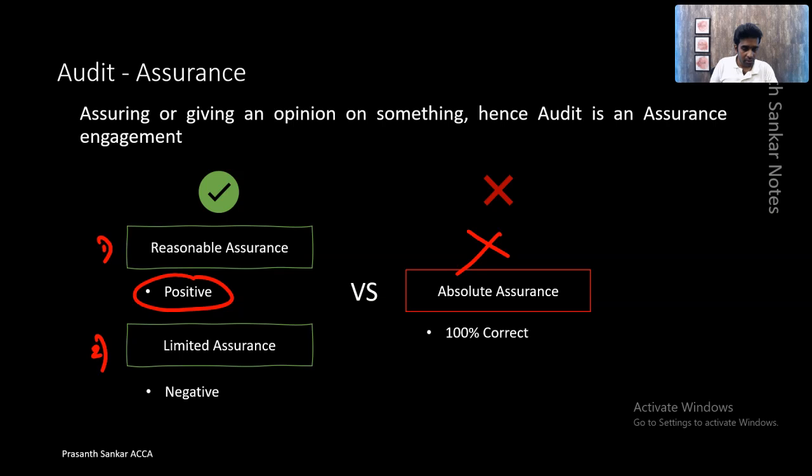Limited assurance is saying that, okay, you know what? It's not bad. If you say it's not bad, it could be good for some people, but it can be bad for some people as well. That is called negative assurance. We are not saying it's good, but we are not saying that it's bad either. We're just saying it's not bad. We cannot say that it's bad, but we can neither say that everything is good in that. Positive assurance or reasonable assurance is equal to saying, you know what, it's good. We have collected the evidence and it's good.